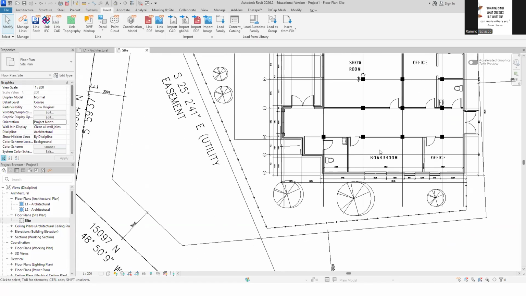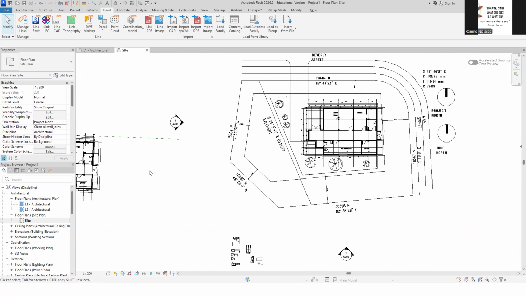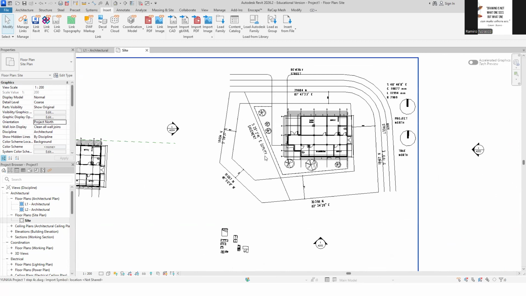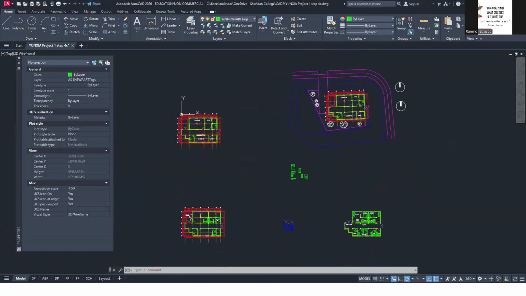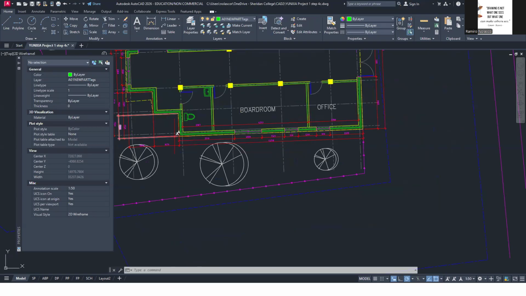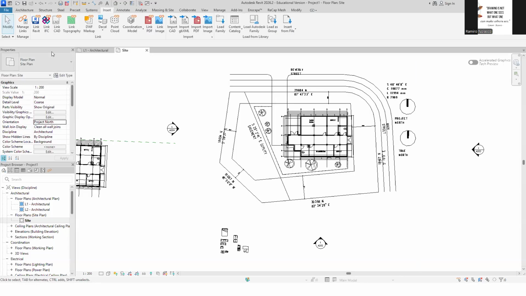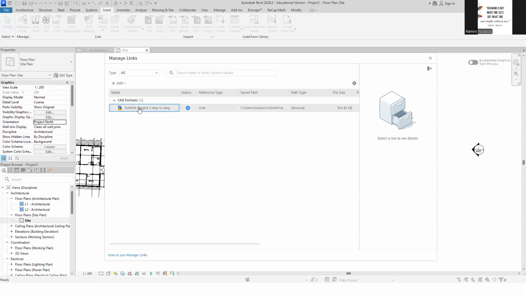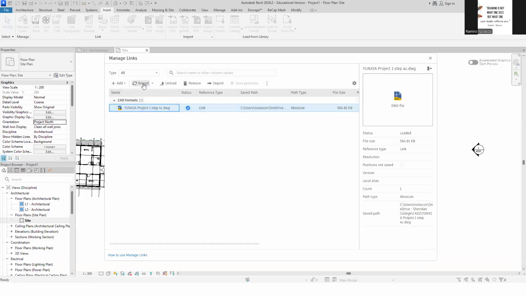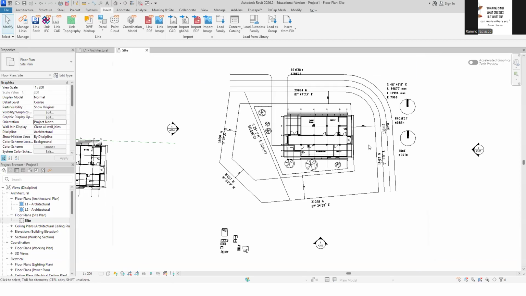We now have the correct orientation of the building. So what we did, we made a copy, and then we rotated it so that it will align to our site, and saved it. Because it's the same file, you simply manage the link, select that, and reload. I can also remove, unload, and import so it embeds. But for now, I just needed to reload.